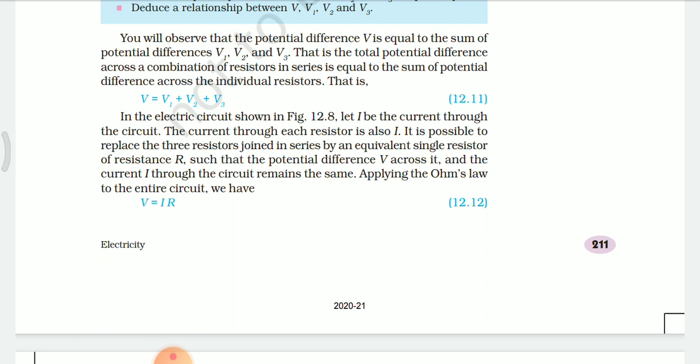In the electric circuit shown in figure 12.8, let I be the current through the circuit. The current through each resistor is also I. It is possible to replace the three resistors joined in series by an equivalent single resistor of resistance R, such that the potential difference V across it and the current I through the circuit remain the same. Applying Ohm's law to the entire circuit, we have V = IR. (12.12)